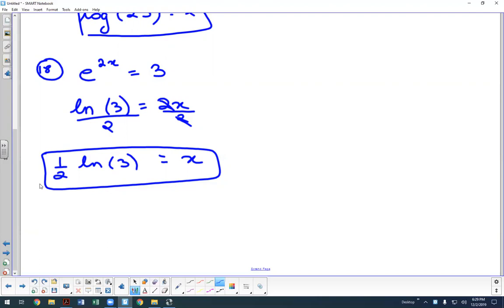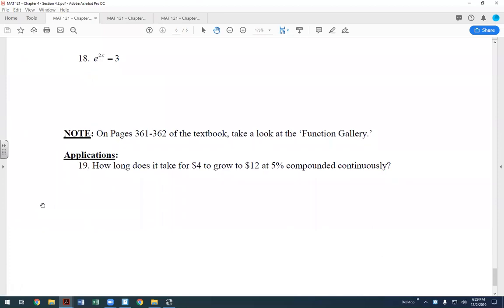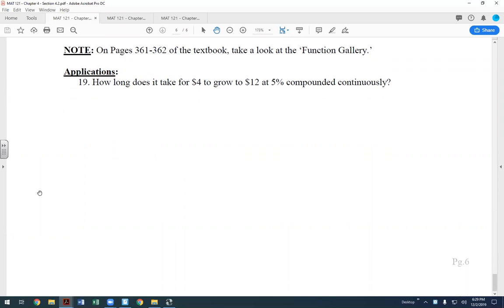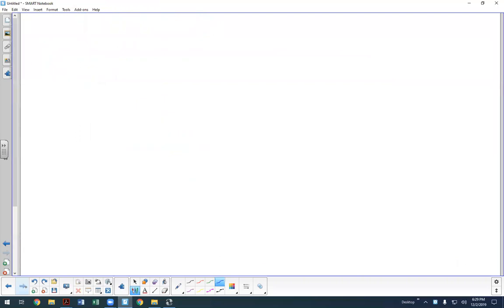Questions on number 18? Okay. Again, if you wanted to look at different types of logarithmic functions, there's a function gallery in your textbook. Now, this last one here is talking about, I think we had seen something similar in the previous section. So here we're talking about how long does it take for $4 to grow to $12 at 5% compounded continuously. So this time we're actually asking you to find the time. How long will it take